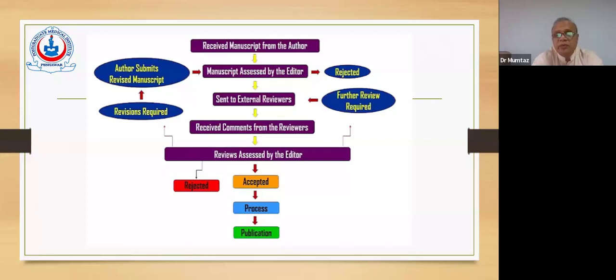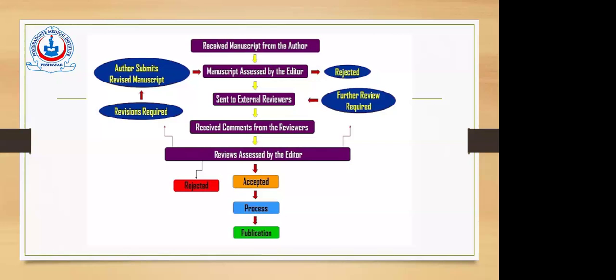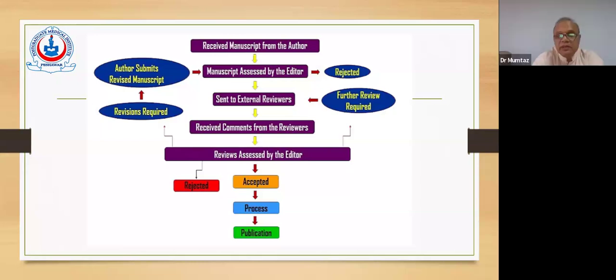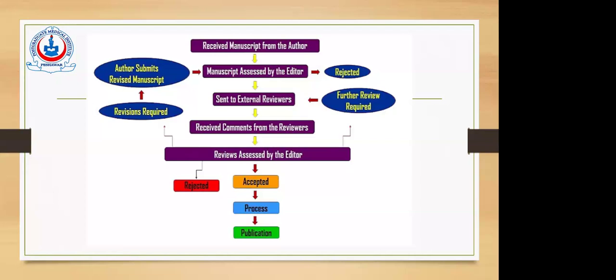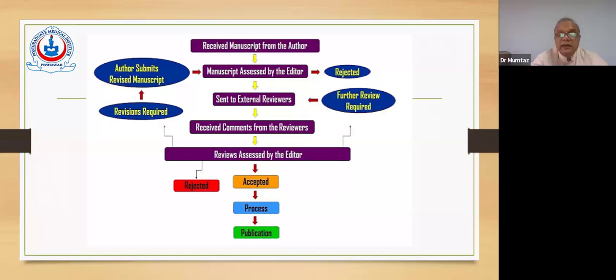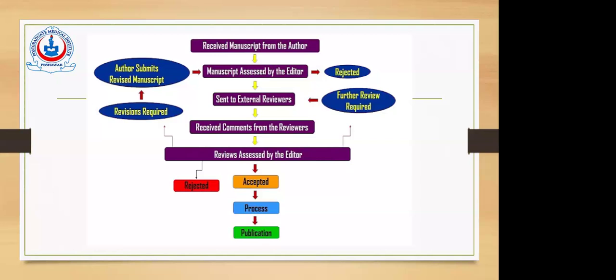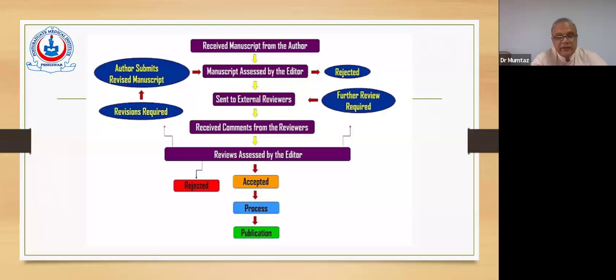If he thinks that this might be suitable for publication and fits within the scope, and according to the policy of the journal, he sends it to the external reviewers. Maybe one or two reviewers, this depends upon the journal, whether they adopt the policy of one reviewer or two reviewers, or maybe some of them may deviate. The review is returned back to the editor. He reassesses those articles in light of the reviews.